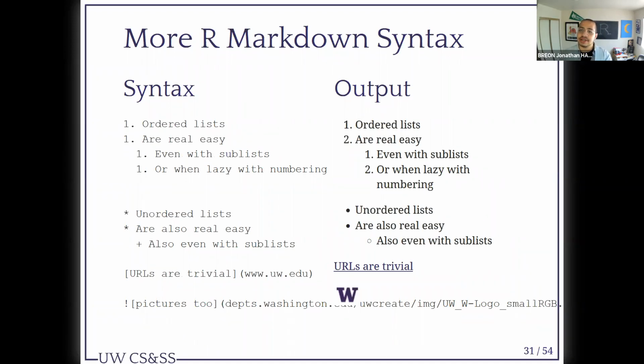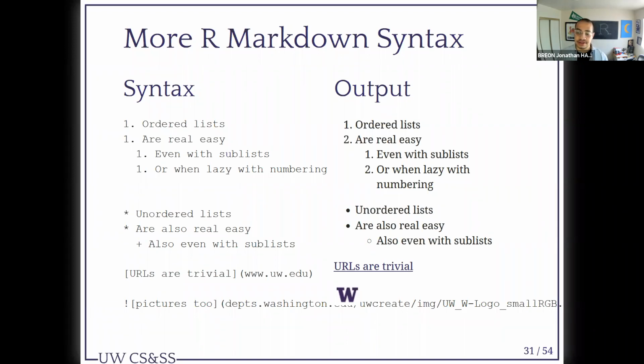More R Markdown syntax. If you want to create an ordered list, you just use the number 1 before your content. And if you want it to indent, you just want to space it over 1. The unordered list is 1 asterisk and then a space, and then your words. This is different than the italics, which the asterisk should be right next to your words.